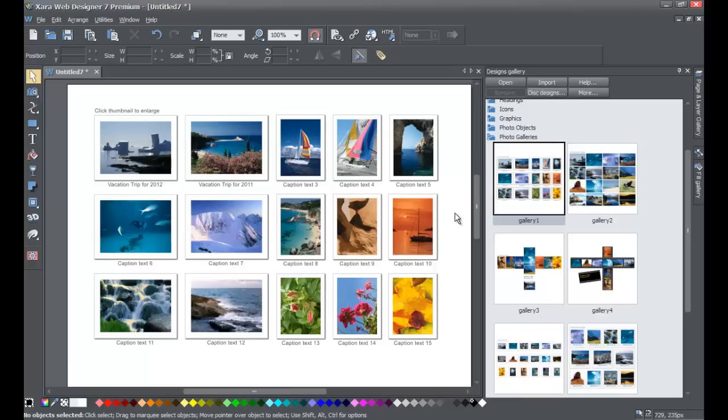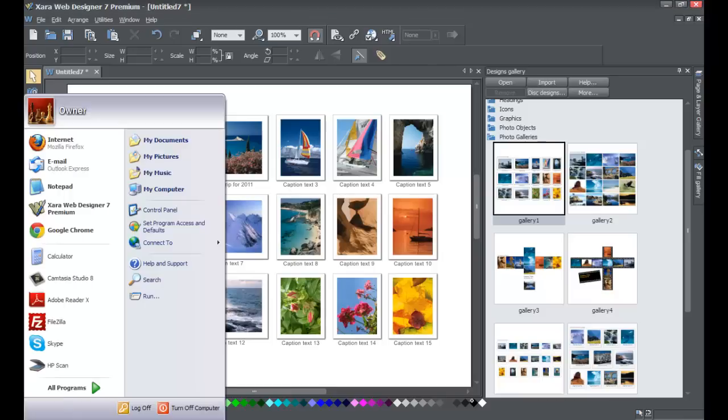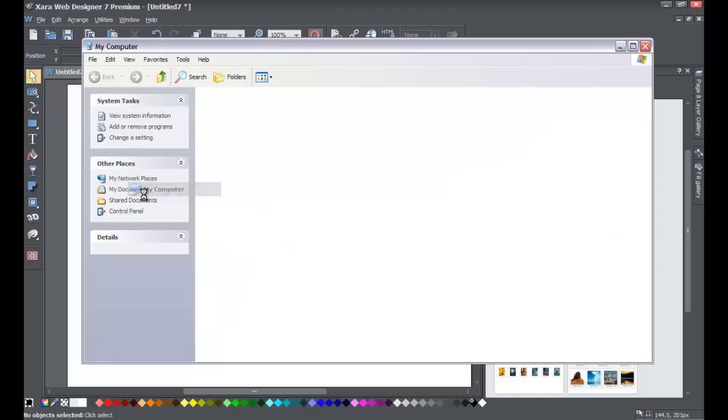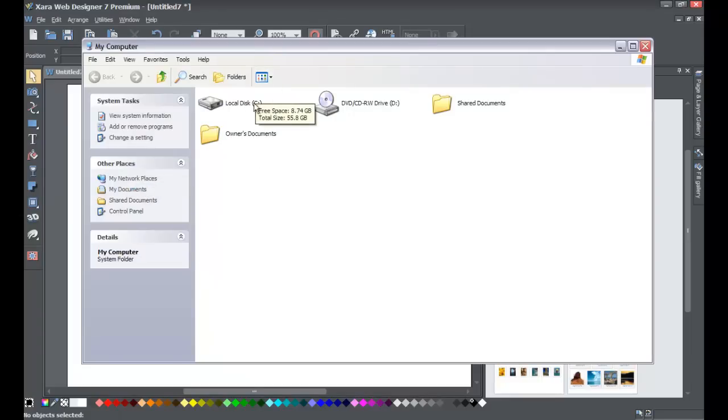And the next thing I'm going to show you is how to replace these photos with your own personal photos, because you probably don't want to use these photos because nine times out of ten they probably won't be relevant to what you're doing. So to use your own photo, what you would do is go to Start in your Start menu. If you're using Windows XP, go to My Computer, and find the file that's on your computer. In this case, I'm going to use the files that come by default with Windows, so I'll double click on